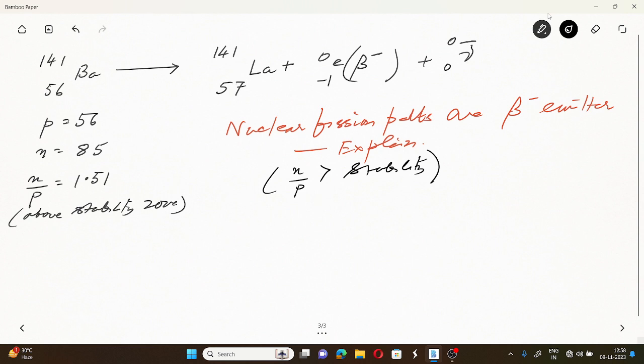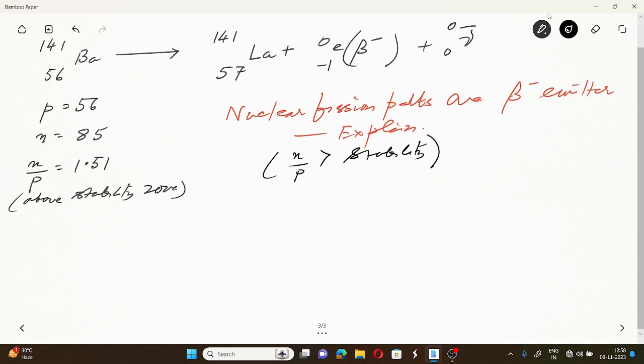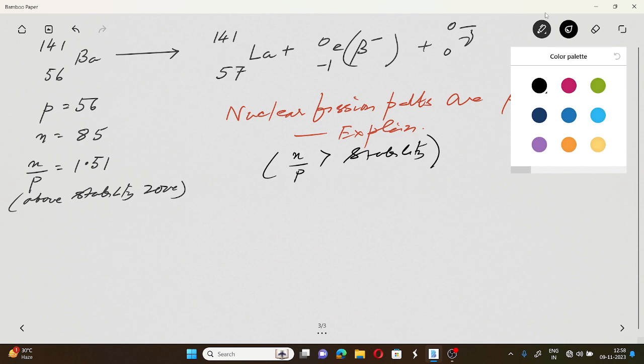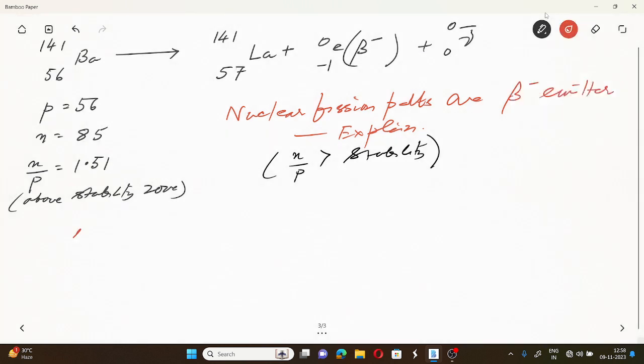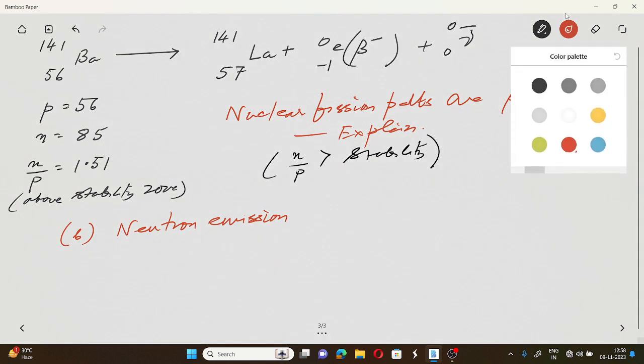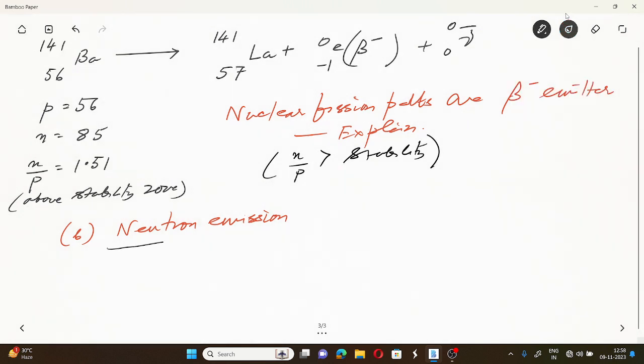তাহলে n by p ratio above the stability zone হলে আমরা যেমন দেখালাম বিটা এমিশন হয়, there is another possibility. So if n by p ratio is above the stability zone, আর একটা পসিবিলিটি কি হয় দেখো, সেটা হচ্ছে ডাইরেক্ট নিউট্রন এমিশন। মানে নিউট্রনের সংখ্যা বেশি, তো n by p ratio is above the stability zone, তার মানে নিউট্রনের সংখ্যা বেশি, number of neutrons they are higher. So অনেক সময় হয় কি, দেখবে